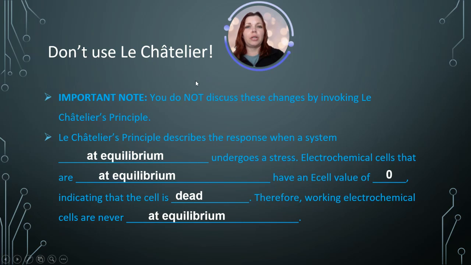So you're not going to use Le Chatelier's principle because we are not disrupting an equilibrium and seeing the response. We are talking about Q versus K and Q versus Q standard. But please do not call it Le Chatelier's principle. And so therefore we would not talk about a shift. We would talk about in which direction the reaction proceeds. So it proceeds more towards the products, it proceeds more towards the reactants, or it favors the products or it